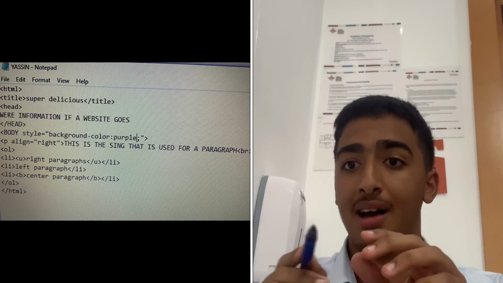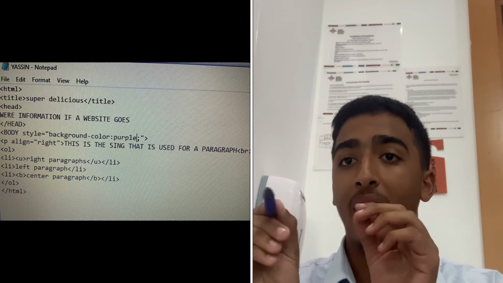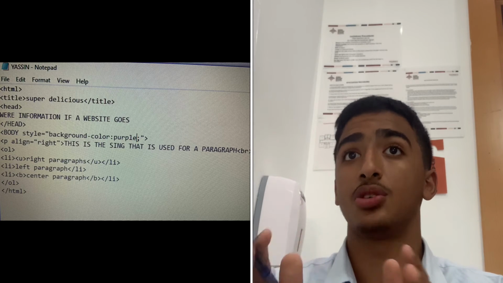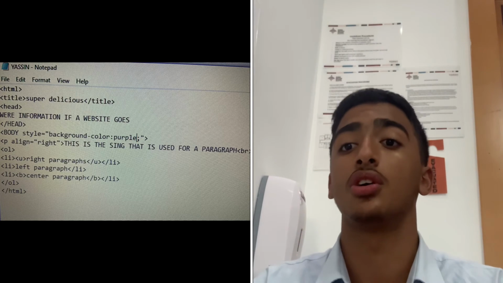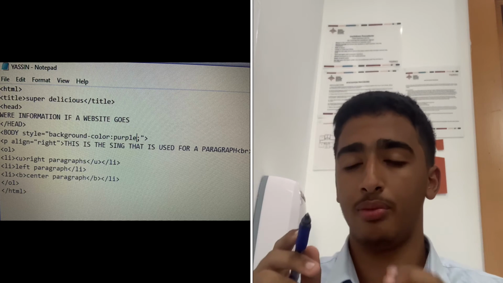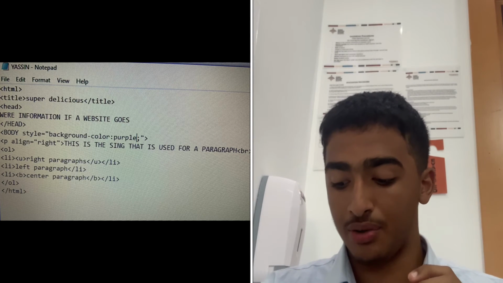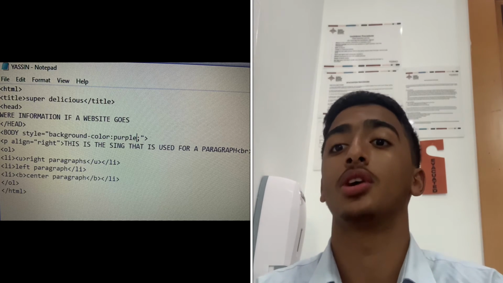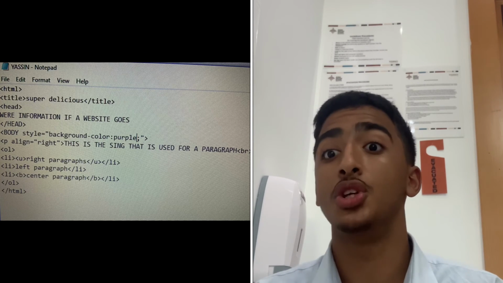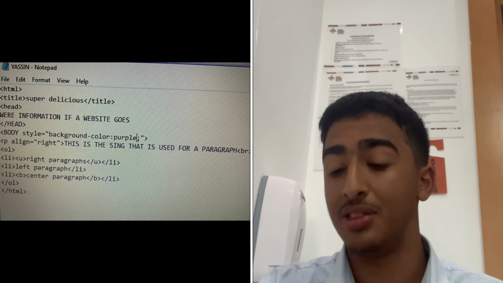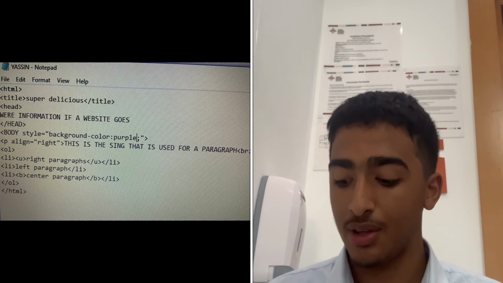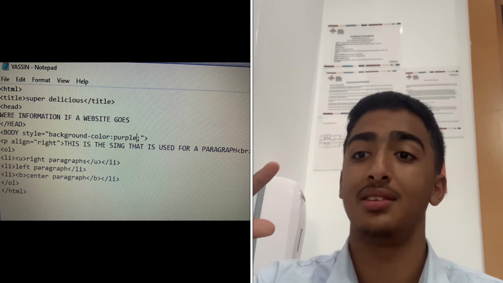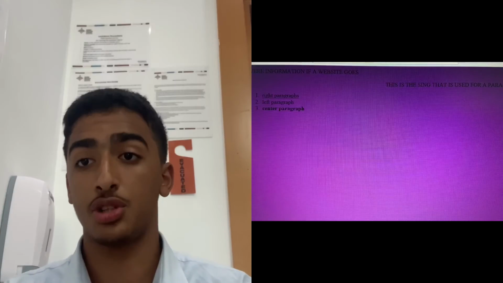And after background, you're going to put a hyphen, and then color. That shows that you want to change it to a color, not an image, just a color. So when you write hyphen color, you're going to write a colon and red or yellow, depending on what color you want. I'm going to write red, which should give me a red background. Then to end this, you need a semicolon, quotation marks to end your quotation marks, then end it off with the bracket that you took off at the start. And that should hopefully